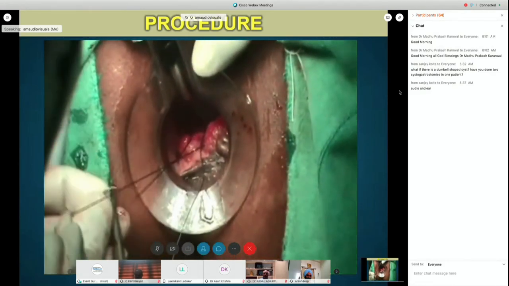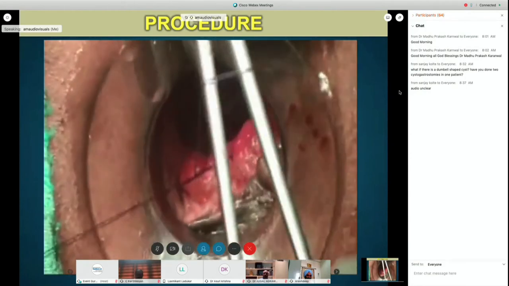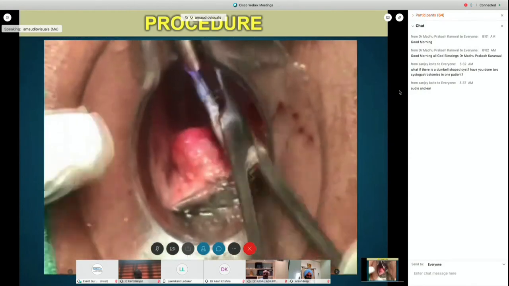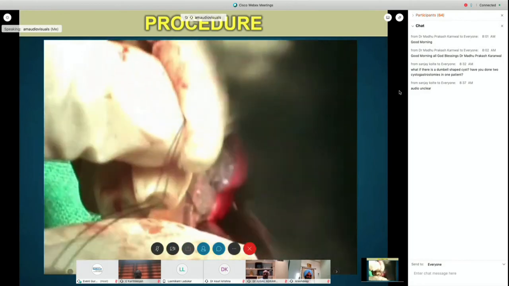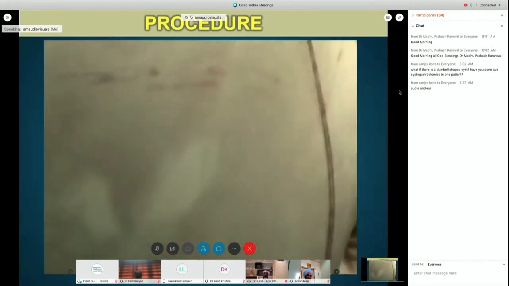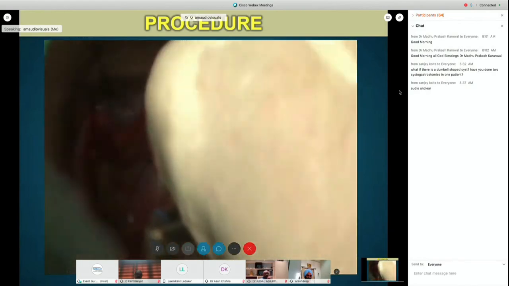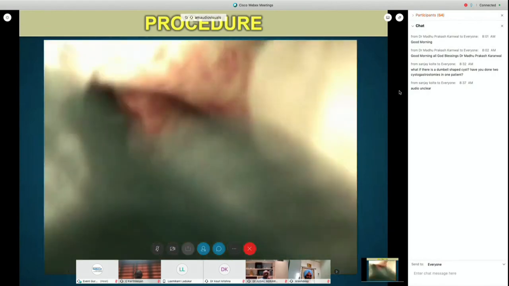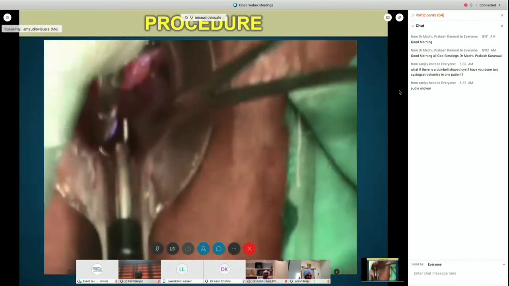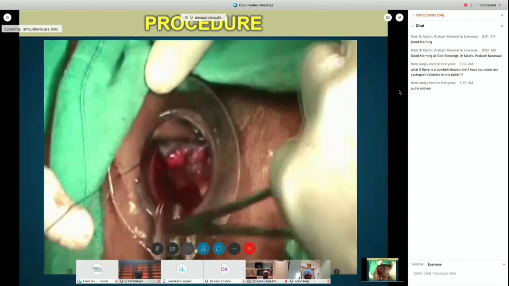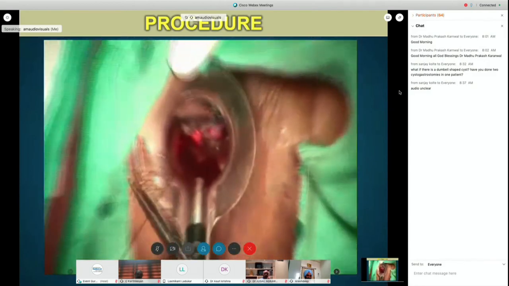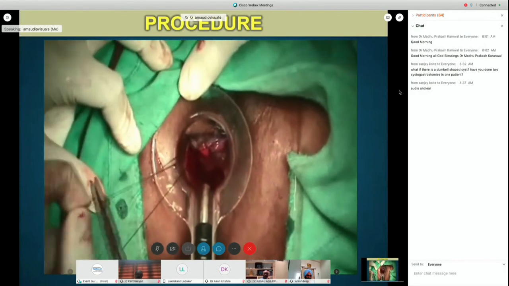So whatever the prolapsed mucosa was there, it is fixed to the muscularis mucosa. This procedure is painless, prevents the recurrence, and there is no bleeding at all. This is a very cost-effective procedure in the Indian scenario.